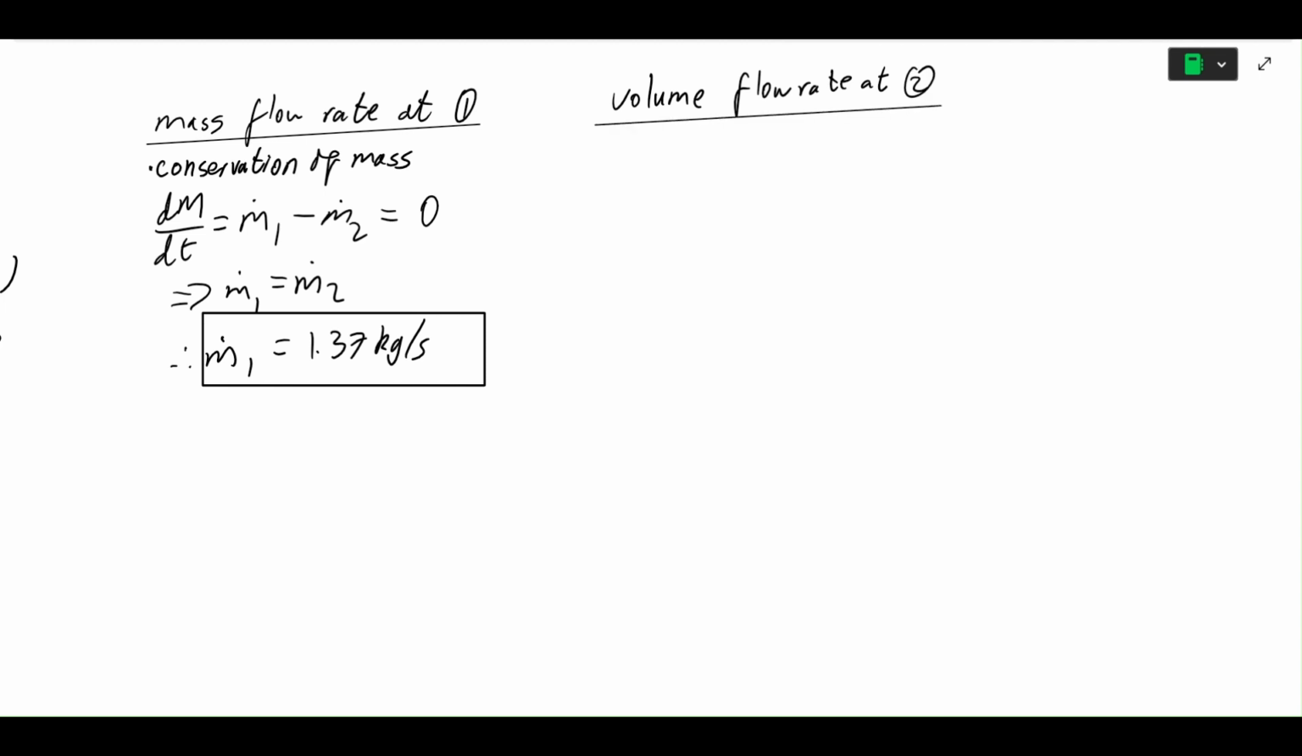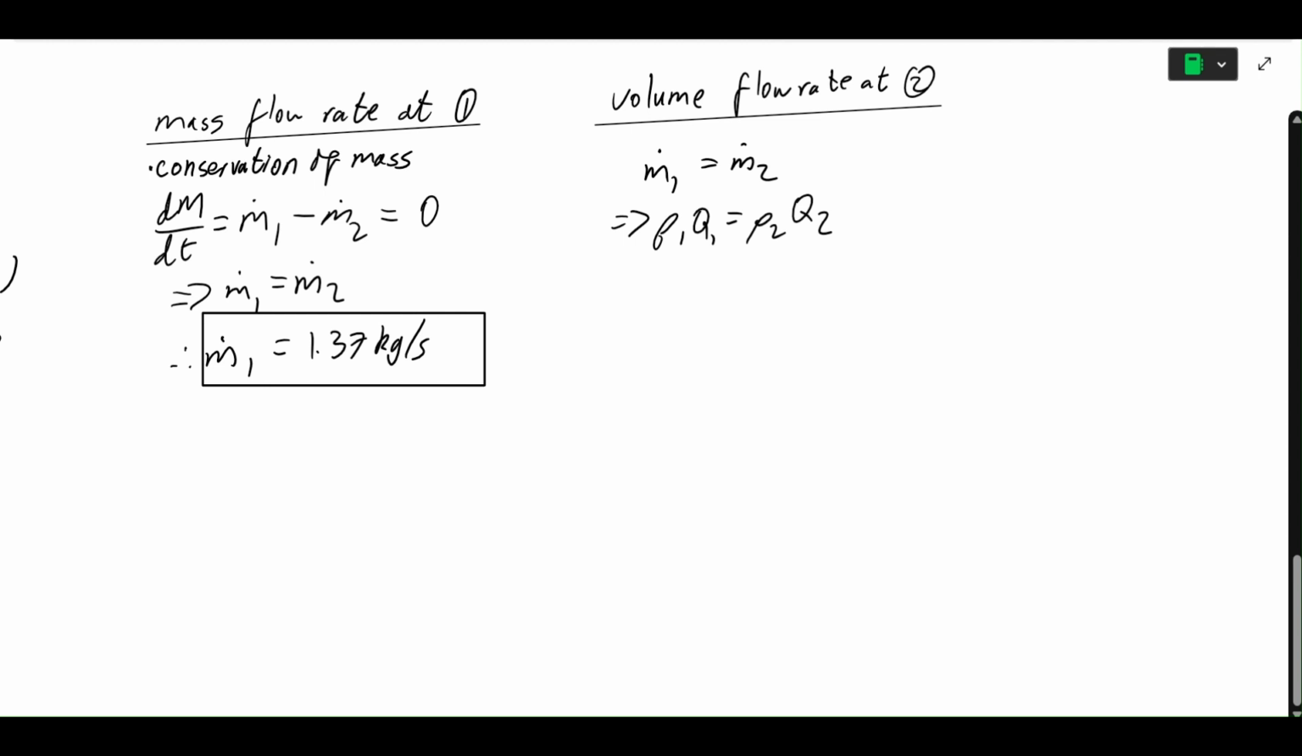Basically using the same principle, the conservation of mass. We say mass flow rate at the inlet is the same as the mass flow rate at the outlet. Rewrite that in terms of pressure, density, and volume flow rate. So rho 1 Q1 is equal to rho 2 Q2. And we are concerned with the volume flow rate. So we'll rewrite that as Q1 is equal to rho 2 Q2 over rho 1. We have all those parameters, so Q1 is equal to